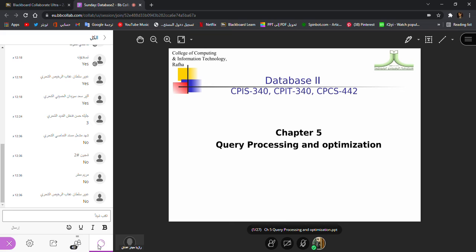So whenever we send queries, this transaction is also a kind of query: select all from product where color is blue. This is a small SQL query. Actually, you are asking the database a question: give me the answer for the products which have the color blue. So this is a kind of question.